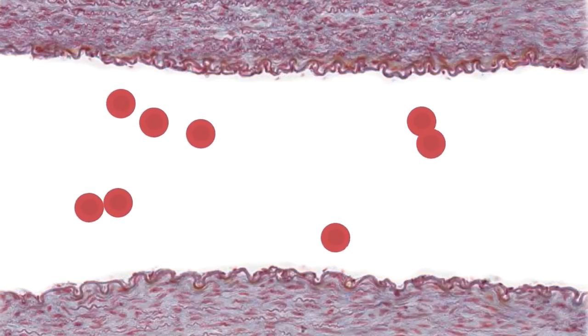Our image here is a blood vessel cut lengthways. The blood vessel walls are at the top and at the bottom of the image, and directly between these two walls is the lumen of the blood vessel, and the lumen is the space where the blood travels through. We're going to be starting with the layer closest to the lumen and work our way to the outside of